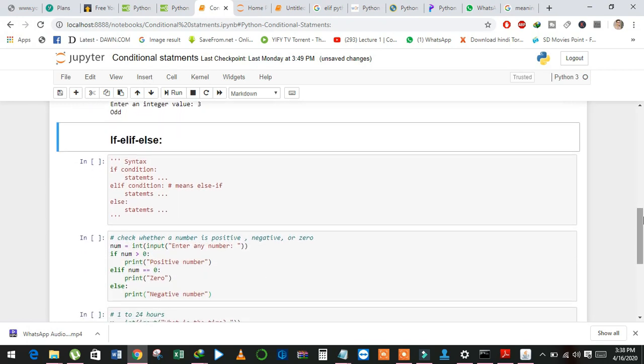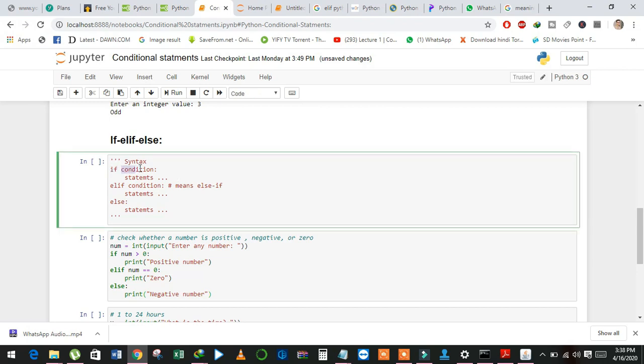Next, we will continue with if elif else. We have the syntax if, condition and colon that we have learned in the previous video, and the same as else. But see here, in the middle we use elif and then a condition.